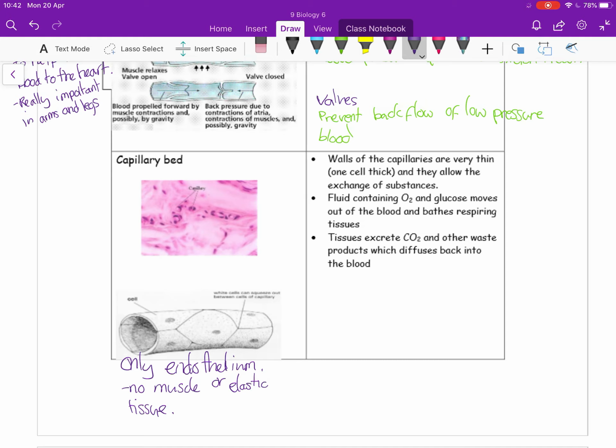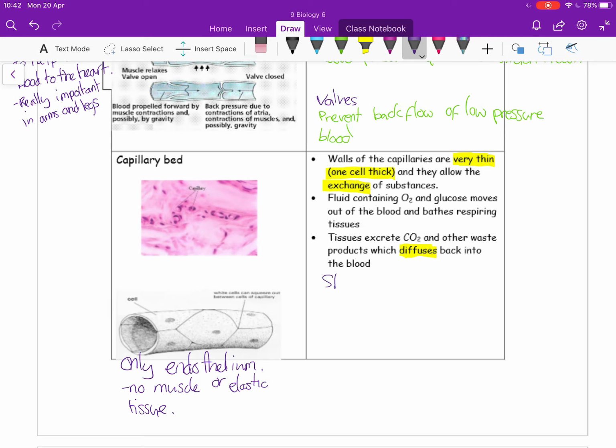They only have the innermost cell layer. So the walls are therefore very thin and only made up of just one cell in thickness, which is great because it allows really efficient exchange of substances. So that's in combination. A lot of the time that's going to be diffusion, just because there's going to be